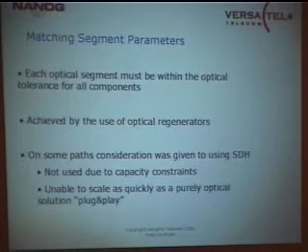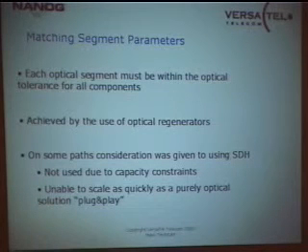Matching the segment parameters was actually one of the trickiest things we did. Each optical segment between the POPs or between the optical regenerators had to be within the optical tolerance of all the components in the network. And that would be not just the Cisco products, but anything else that we wanted to put in there in the future. So that was quite a challenge to look into the future as well and say, okay, well,